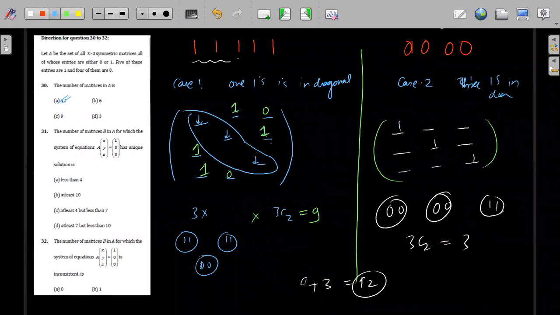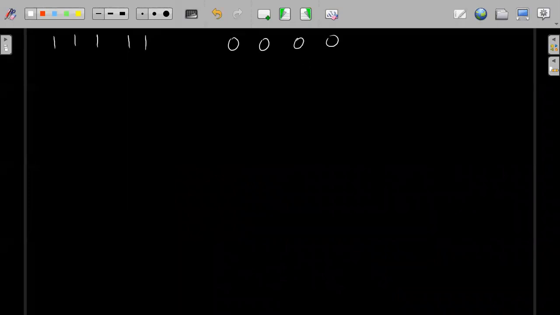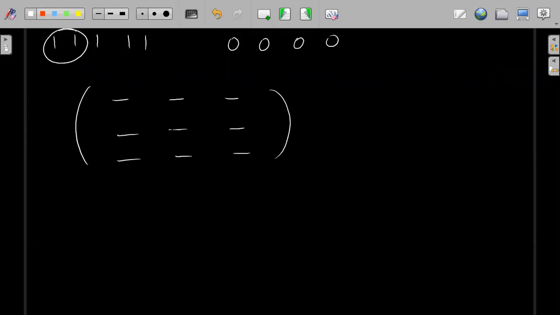So see, I will explain why you are removing second case. Acha, okay. Second case I will say. So suppose you have 5 ones and 4 zeros, right? So 1, 2, 3, 1, 2, 3, 1, 2, 3. I am filling two ones here. Okay, so what I will do, I will fill one here, one here. Very simple case I'm taking. So if one here I filled, then I have to take 1 zero here. Okay, so now see. How many ones are left? 3 ones are left and 3 zeros are left, because I have to fill 6 places.